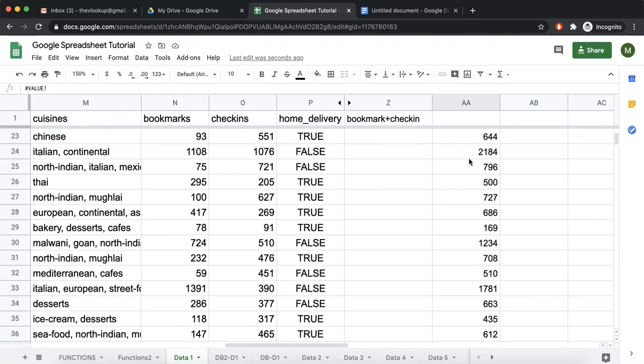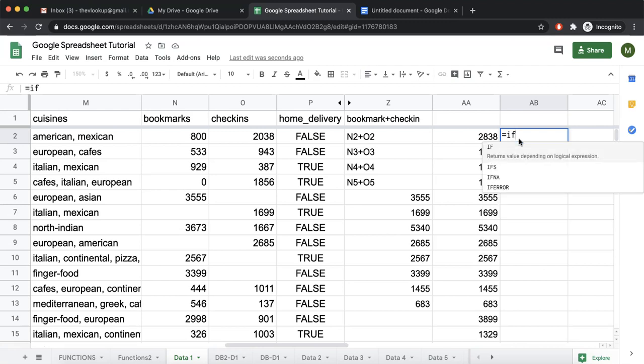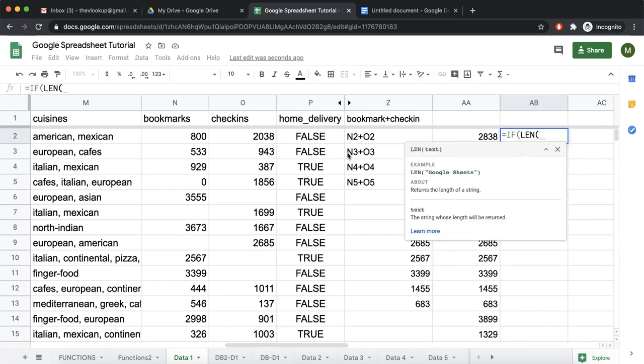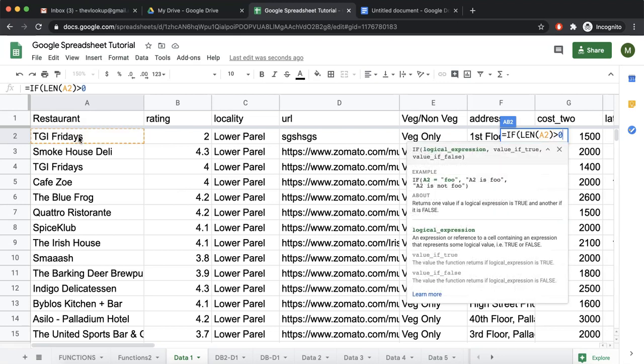Forget about array formula for one minute and think about how you would have solved it without it. One way would be equal to IF the length of column A is greater than 0. Length returns the length of the string.